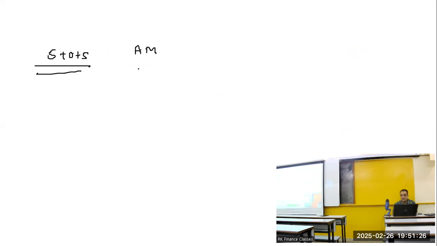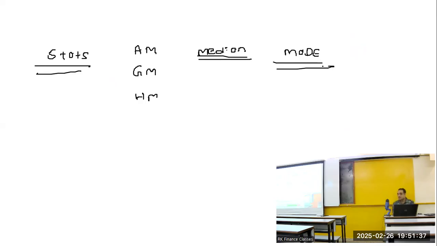Arithmetic mean, geometric mean, harmonic mean, something called median, mode is what we are going to cover in statistics. मैं syllabus ज्यादा detail में इसके लिए बता रहा हूं so that you should know कि okay ये है, do I like this or do I don't like this, especially you guys, so you should know what is there in the syllabus. We are also going to cover probability, but don't worry,